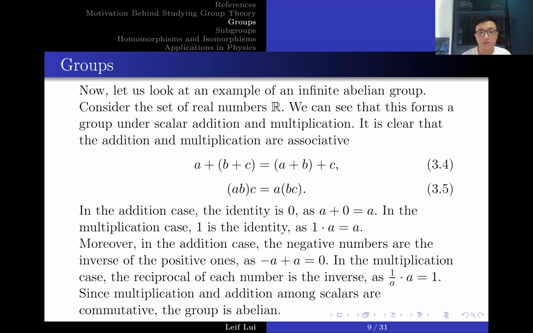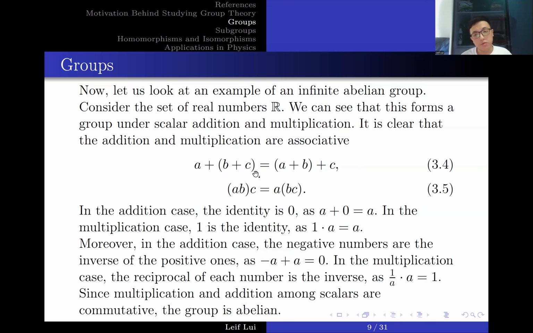In the multiplication case, it's a little bit different. We know that the identity is 1. So for any number on the number line, the inverse is its reciprocal, because A times 1 over A is always equal to 1. So these two have different inverses, and we can check that both addition and multiplication are commutative, because, let's say in this case, 1 plus 2 plus 3.